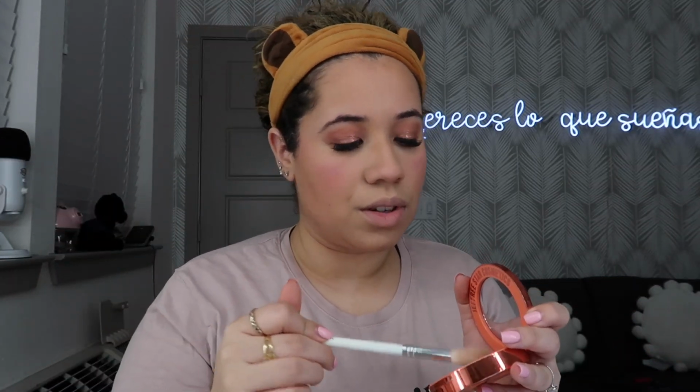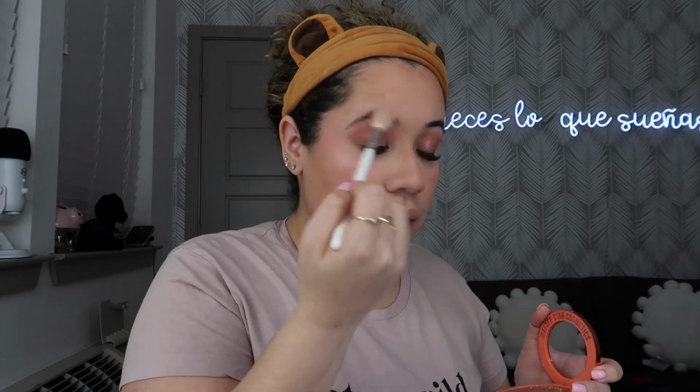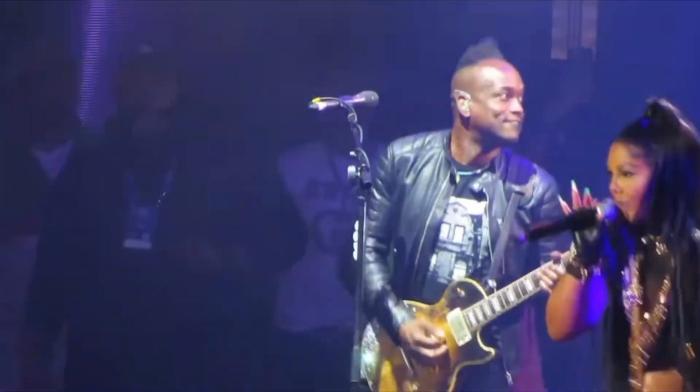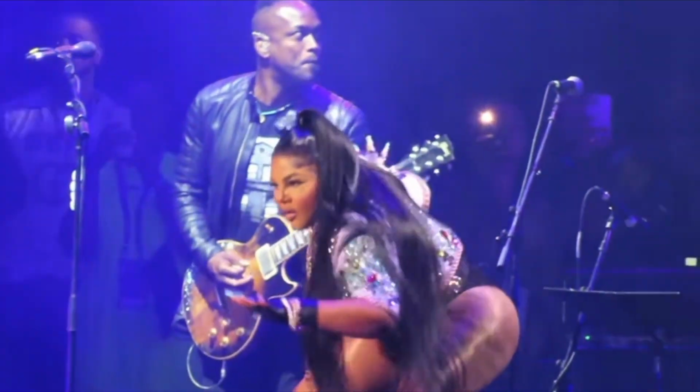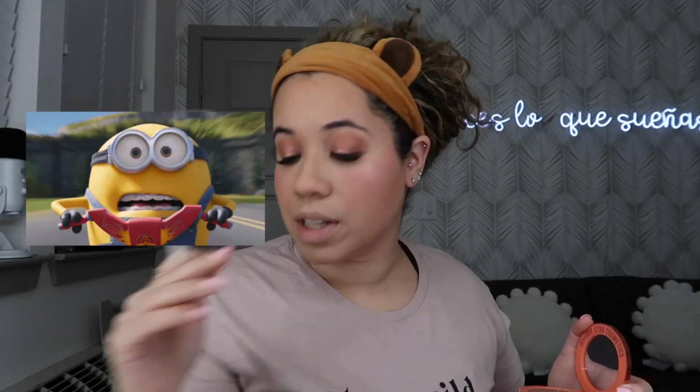So highlight, I think I'm gonna go with my tried and true and use Jeffree Star, because I'm pretty sure that's what I used last time and I don't tend to deviate from that. And this one is in the shade Crystal Kumquat. Lots of highlight for me. I am also officially running late for this dinner, so